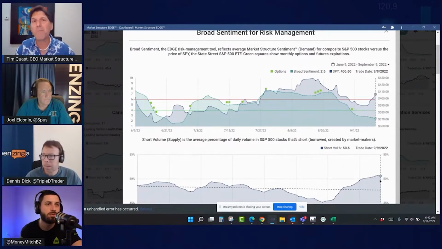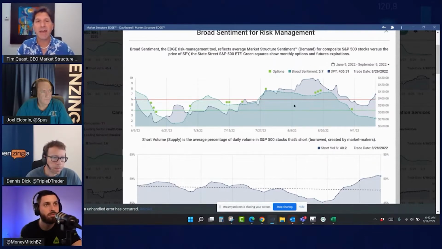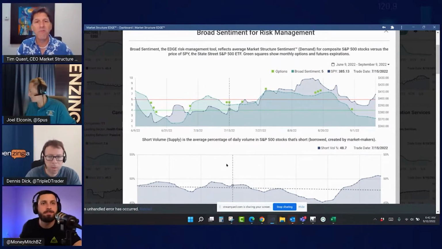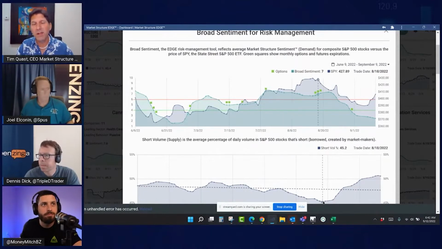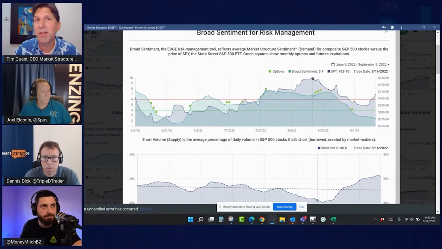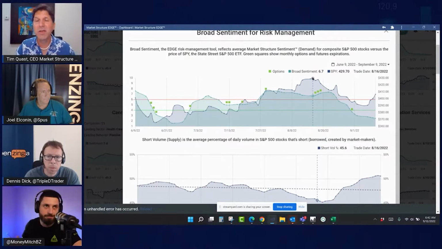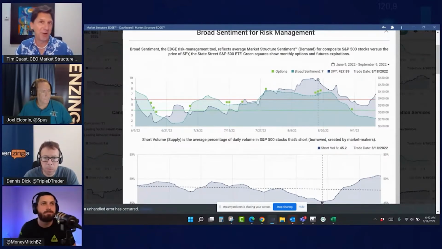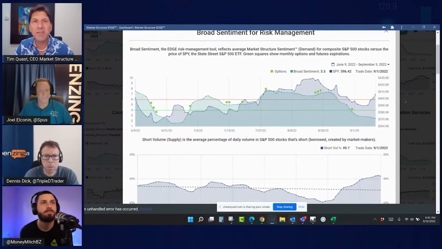This will chop block the market unless it comes down. The gains that we had off of June lows in very large part came from falling supply. See the supply line falling all the way down here. This was a key reason that the gray part of the graph rose all the way to here. And the market staged this remarkable recovery. The recovery reached its zenith when supply reached its nadir. They're exact opposites. So the market has recovered as expected.